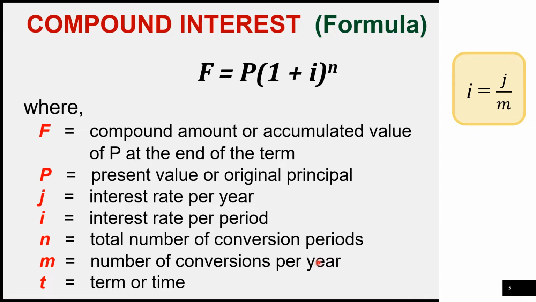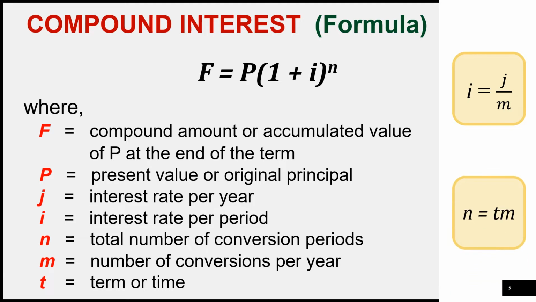For example, when you say annually, that means you are going to pay one time only per year. If you say semi-annually or biannually, that means you're going to pay twice in a year. When you say quarterly, that means you're going to pay 4 times within the year. And when you say monthly, of course, you are going to pay 12 times in 1 year. And then finally,